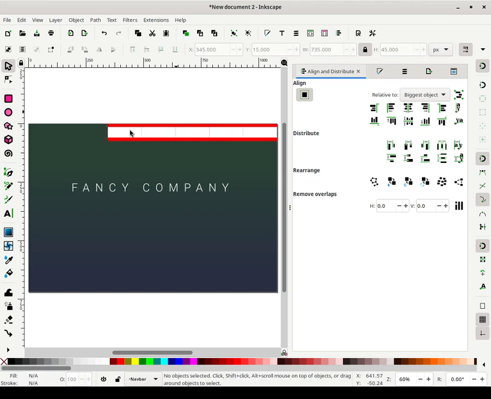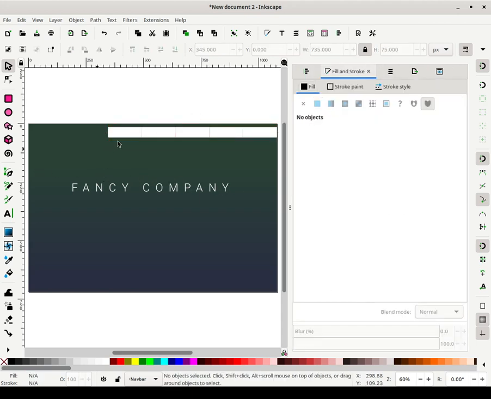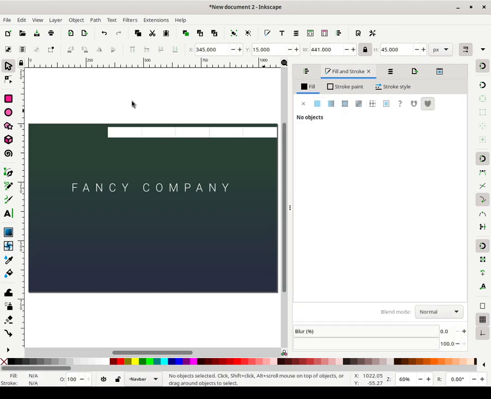Right, and there you go. So now you have a row of buttons very quickly and very easily. And then you can either delete or make this transparent. In this case, I'm just going to make it transparent. And we're going to do the same thing with these shortly, actually.